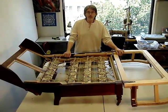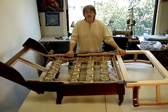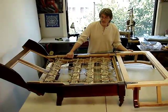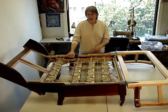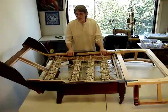So the piece is about the width and the length of a single bed, and it was built to be placed in a parlor where a guest could spend the night. One of the big challenges that I had